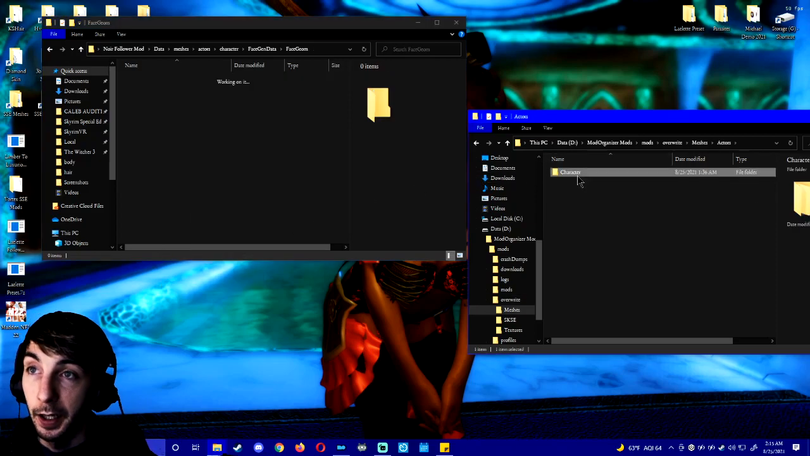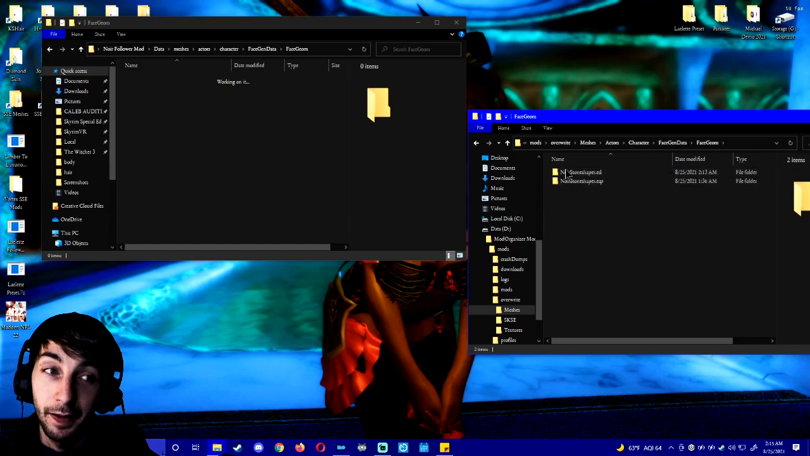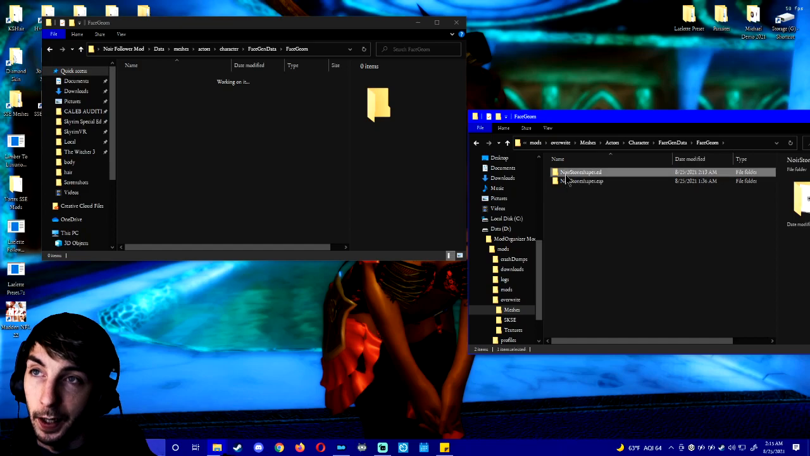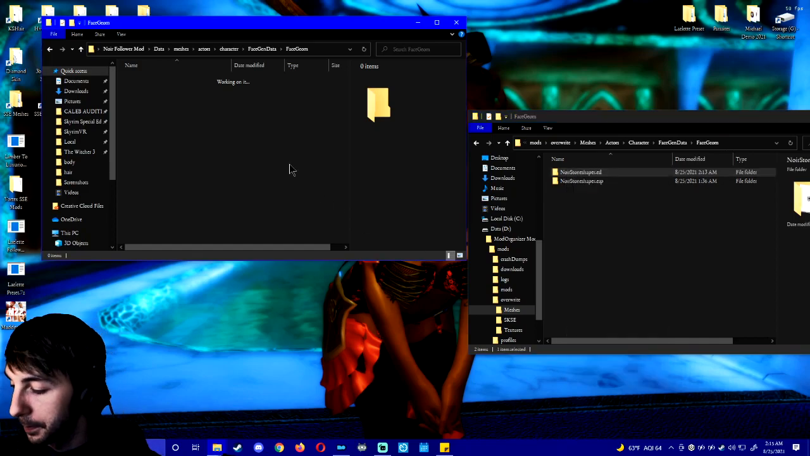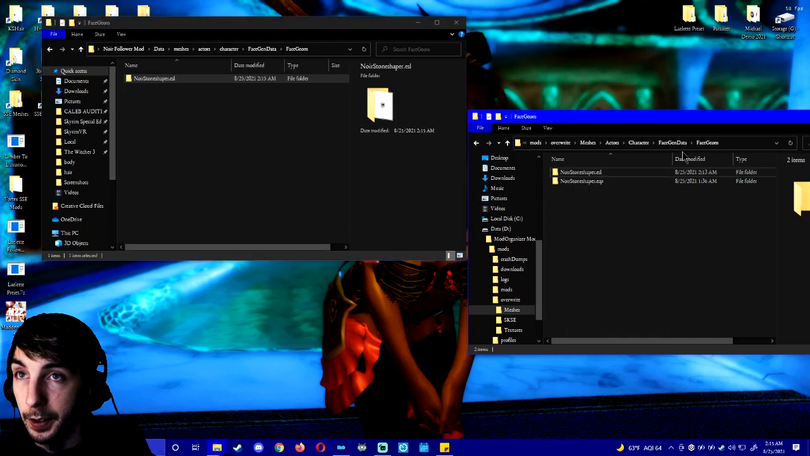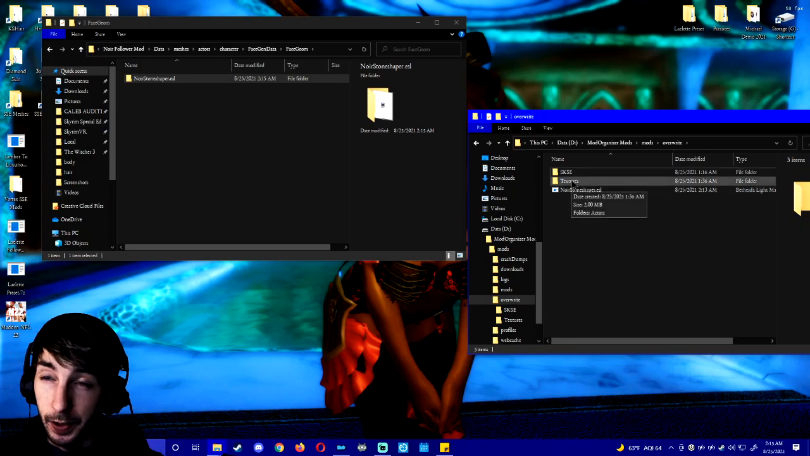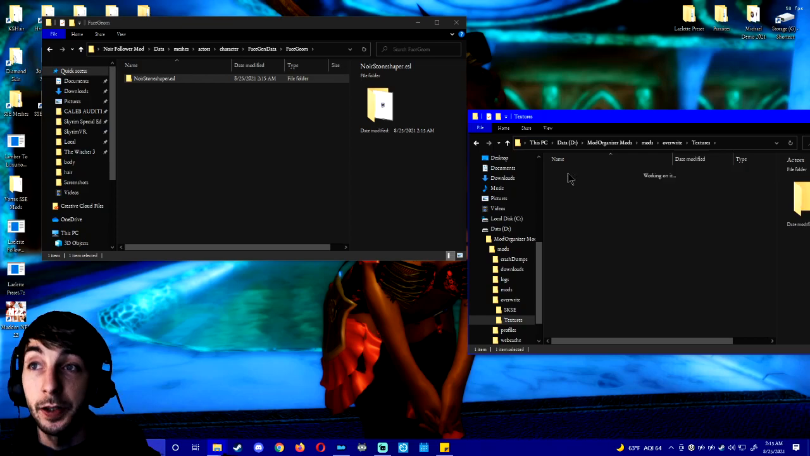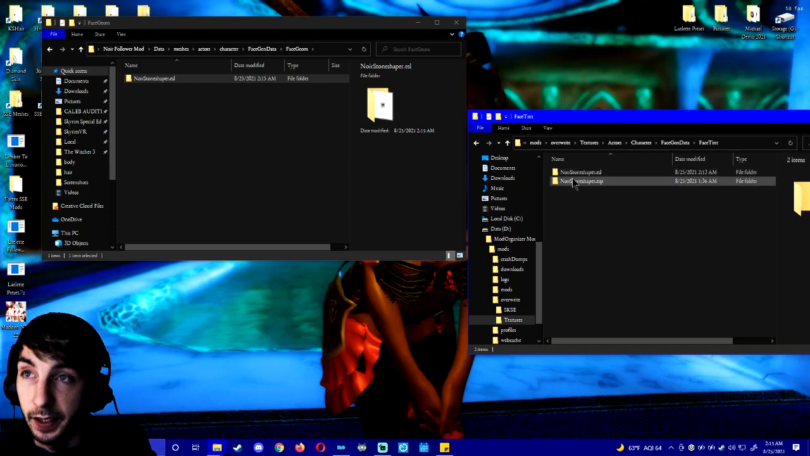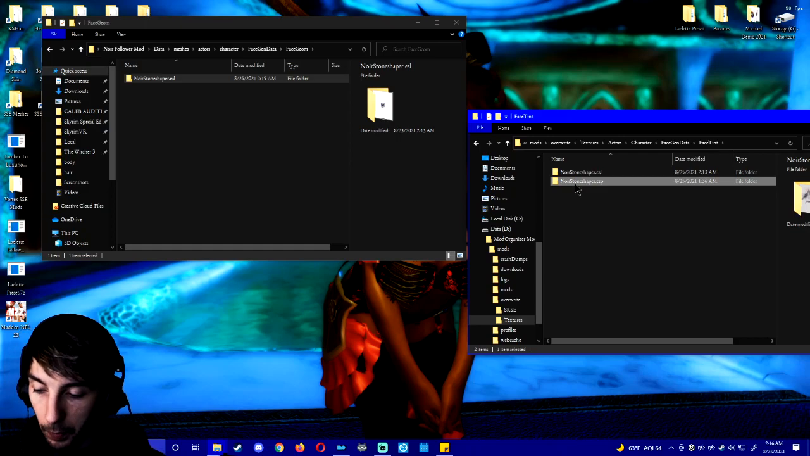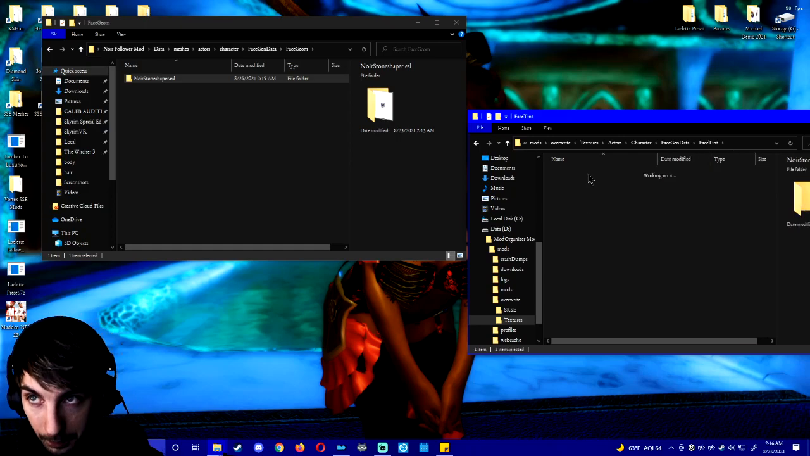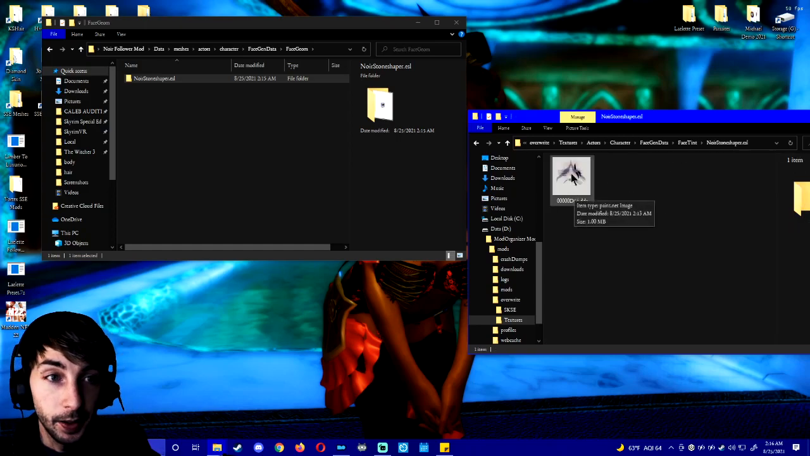Meshes, actors, character, face gen data, face geom. We're going to copy the ESL, not the ESP, copy the ESL. Copy, paste. So with me? Excellent. Okay, so for meshes, we can now right click that, delete. Now, for textures, it's a little bit different. We're going to go textures, actors, character, face gen data, face tint. And yes, while we do want this ESL, we don't care about the contents